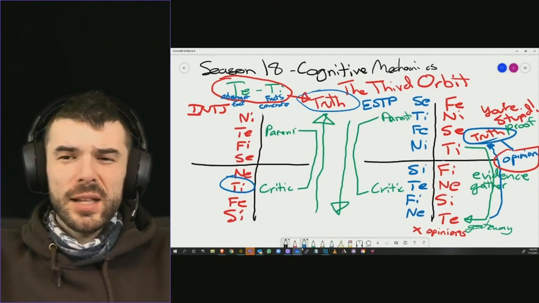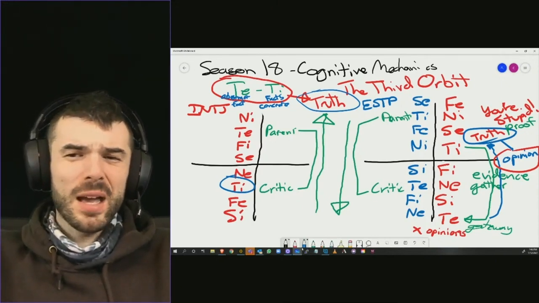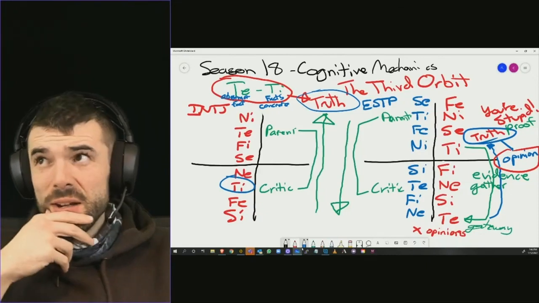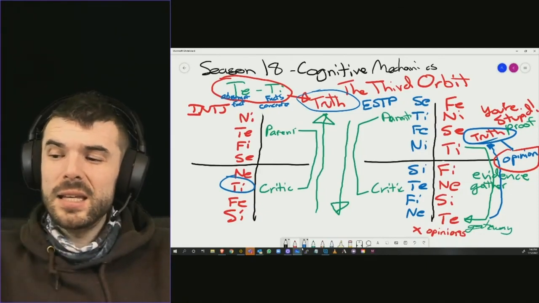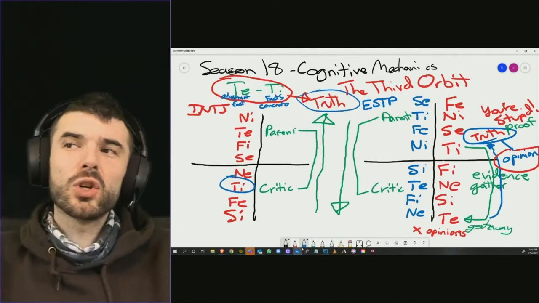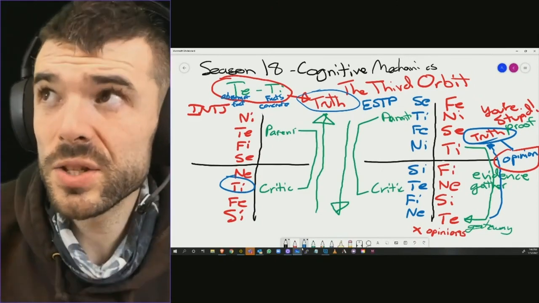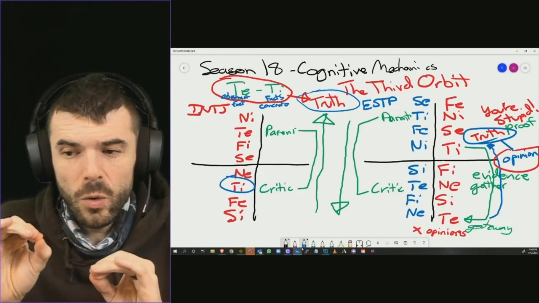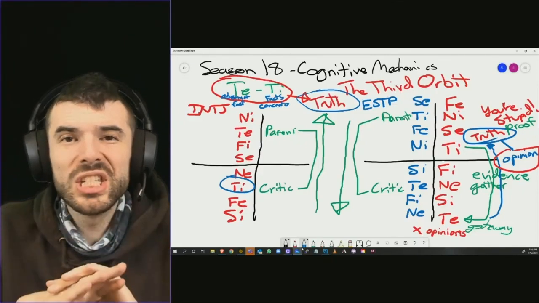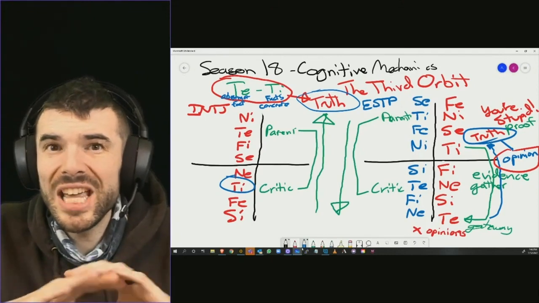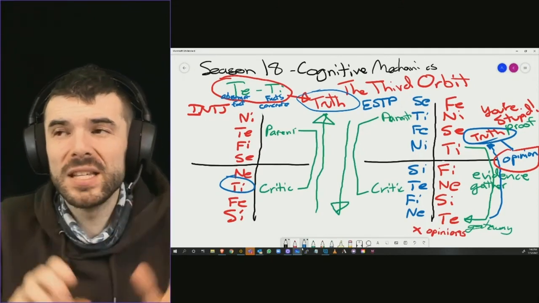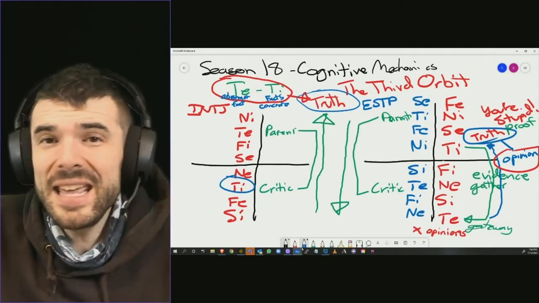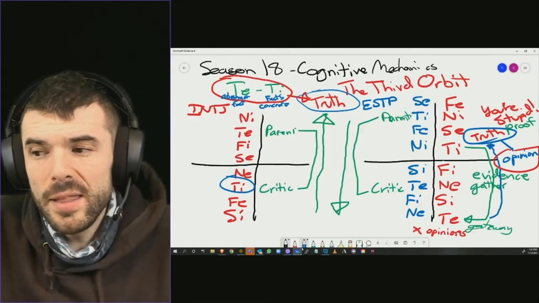So TI child is most likely to achieve concrete facts. I kind of think TI parent is the most likely to achieve concrete facts. However, TI child is so innocent with the concrete facts, because they lack extroverted thinking so much. Here's the problem with TI child: TE trickster within its cognitive orbit absorbs, and it is willing to listen to anybody and anything. It's willing to gather up any evidence, even if that evidence is fake or wasn't gathered in a responsible way. They will look at any evidence, and then they will process any evidence.